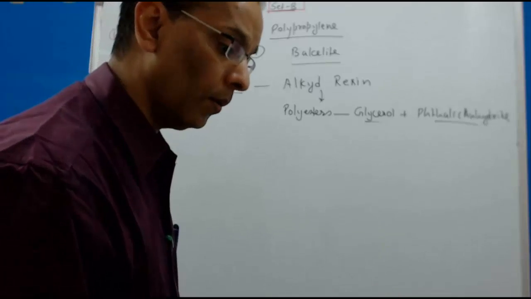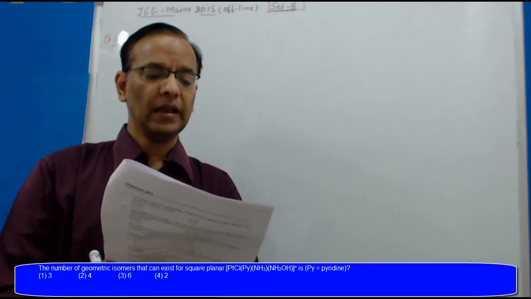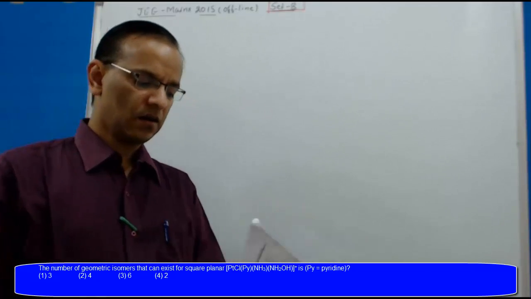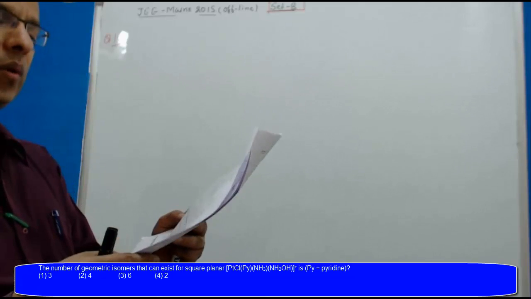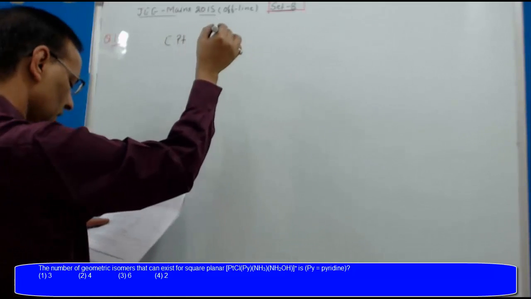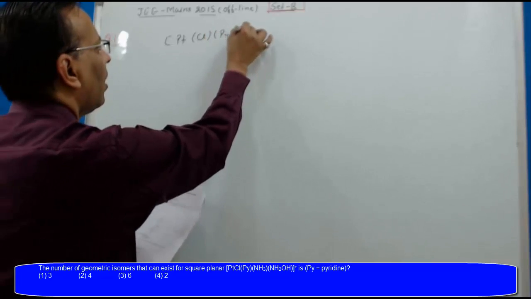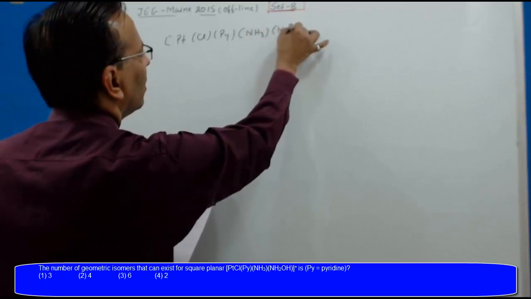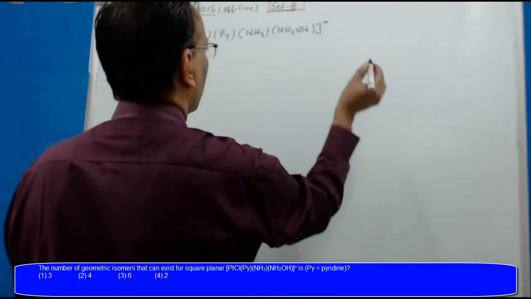नेक्स्ट इज क्वेश्चन नंबर 12, कोऑर्डिनेशन कंपाउंड का क्वेश्चन है। इस क्वेश्चन में पूछा जा रहा है कि द नंबर ऑफ ज्योमेट्रिक आइसोमर्स दैट कैन एग्जिस्ट फॉर स्क्वायर प्लेनर [Pt(Cl)(Py)(NH3)(NH2OH)]+ और इस पे प्लस चार्ज लगा हुआ है, और क्वेश्चन में ही दे दिया गया है